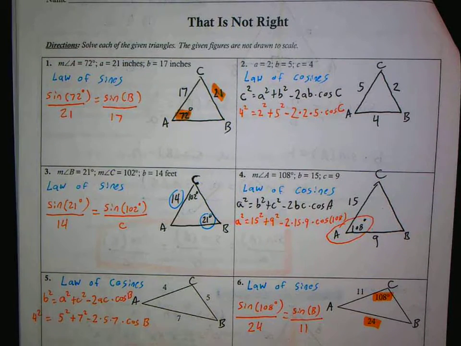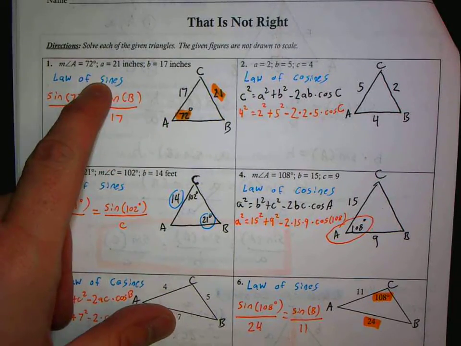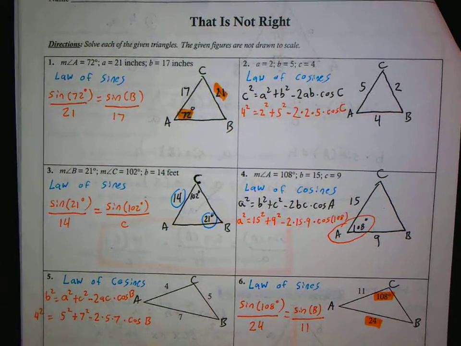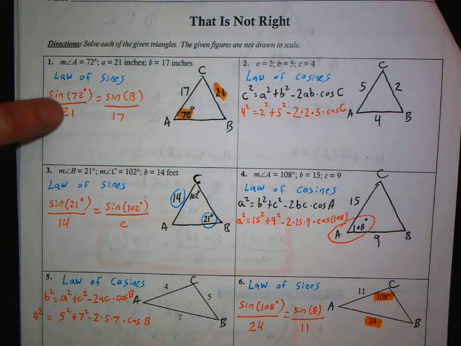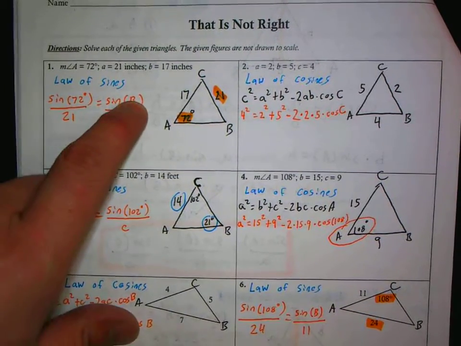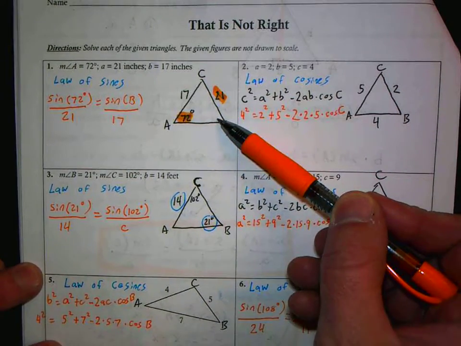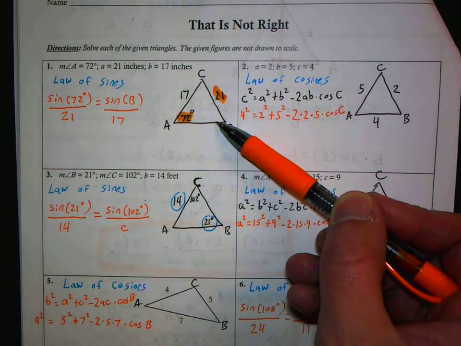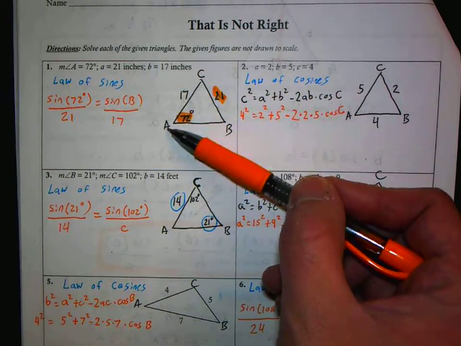So yesterday we went and we decided whether each was law of sines or law of cosines, and we set up the first equation. Now to solve these, we're going to need to set up two equations. But first, I'll just start with number one. We need to solve this equation, which will tell me big B, which will then tell me the angle right there. And then the second step, I would always use law of sines because I think it's easier. Then you'll use law of sines to find here,